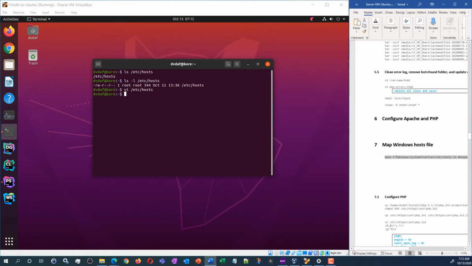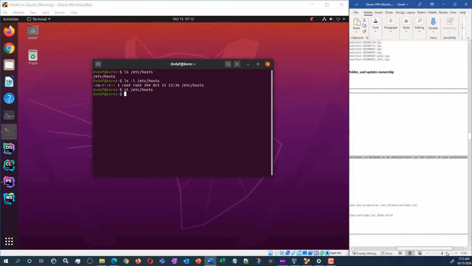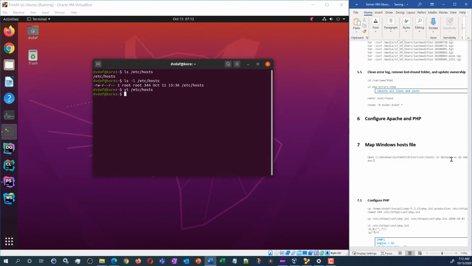We say open in Notepad as an administrator or a preference, and add the following domain lines, plus additional lines for the collections